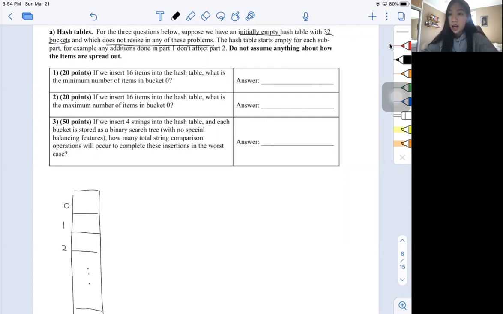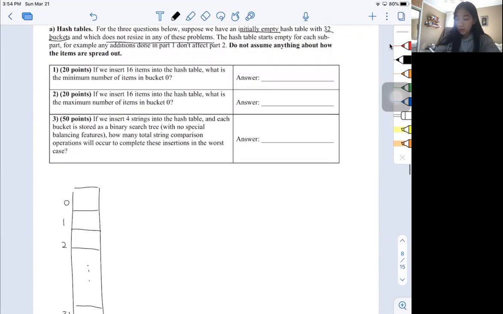That will result in the minimum number of items in bucket 0 being 0 items. To illustrate it in a diagram, this will be essentially hashing all the items into, for example, bucket 1. In that case, we have nothing in bucket 0,